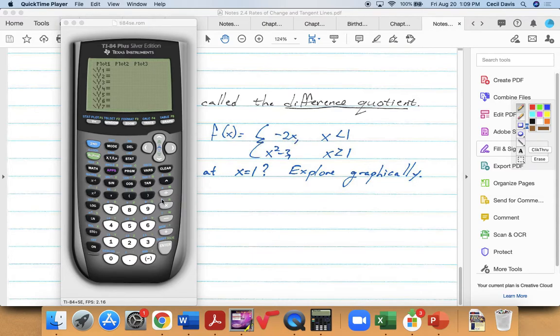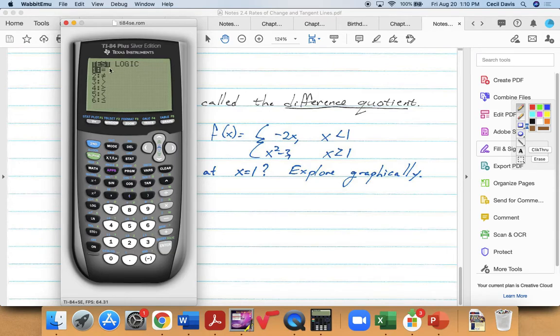Well, it's pretty slick. I'm going to have negative 2, and there's actually a test feature built into your calculator. If you go to second math,